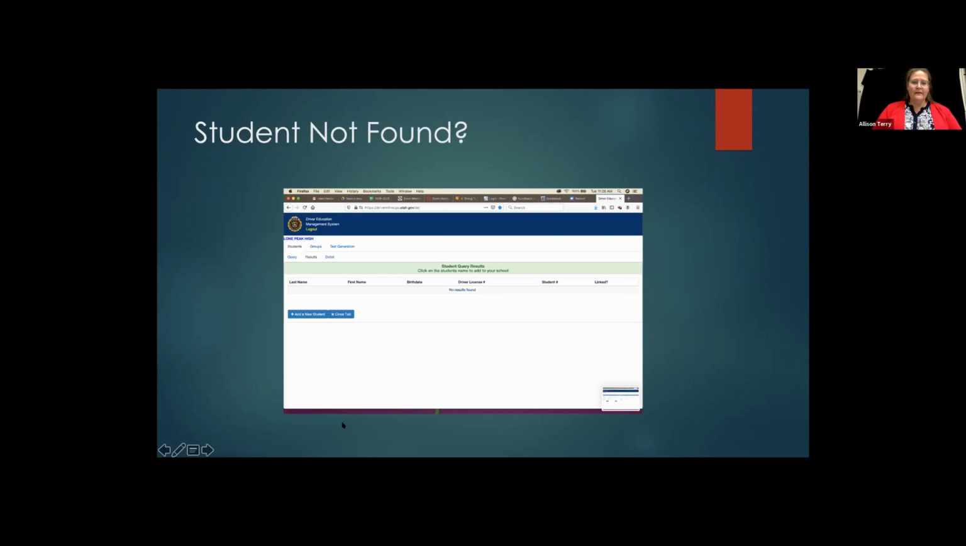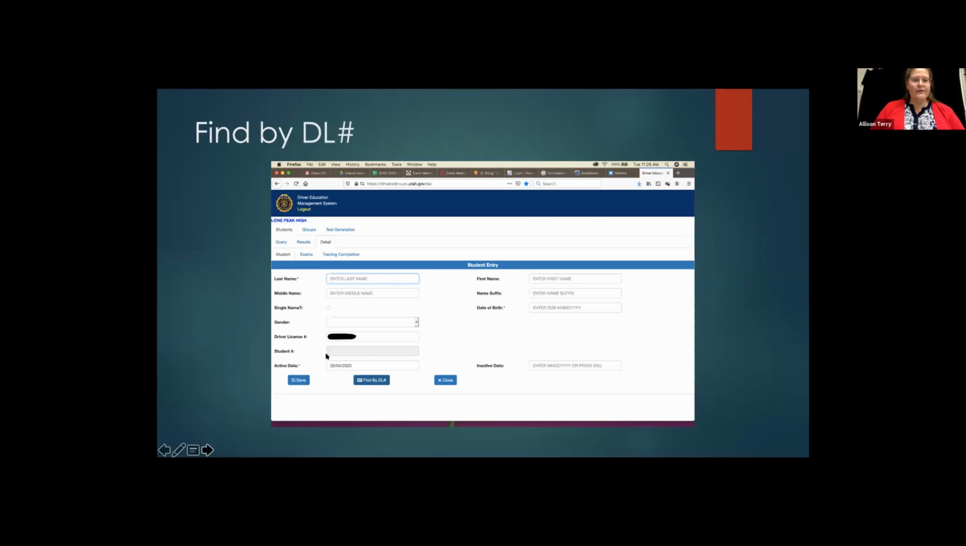At this point, you are going to click add a new student, but I'm going to show you a trick that's really important. So once you click add a new student, make sure you're in the query screen. Sorry, I apologize for that. Make sure you're in the query screen and so click on the query screen first. And then you're going to be able to type in their driver license number and hit find by DL. That is our favorite button because it solves the